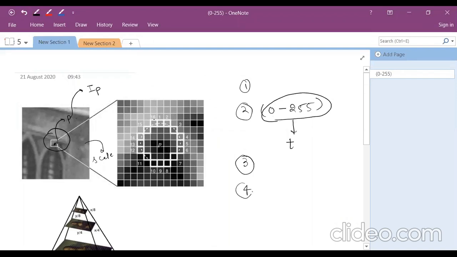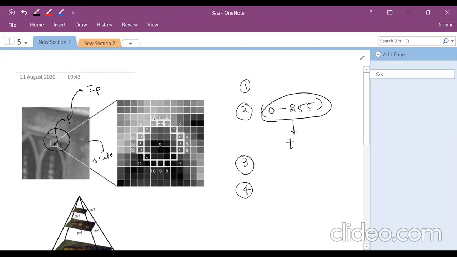Then what will be the fourth step? The fourth step is utilizing the threshold value. Actually, my target is to identify whether the pixel P is a corner or not. If I am choosing this pixel, then it will tell me about the key point description as well as key point detection, because a corner is the one where I can identify the image edges concisely also. So that's why in the fourth point, I will be utilizing the threshold value.